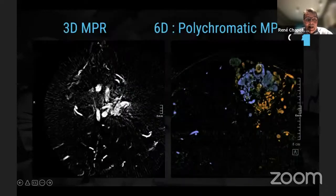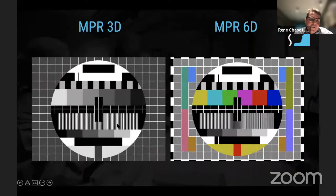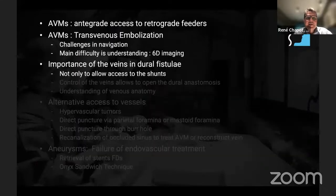Before, we used to do those kinds of pictures here to analyze the MPRs on a single acquisition, but it was just black and white. And now that we have the color, in my opinion, it's an evolution from black and white TV to color TV. We just see a lot more, and I wouldn't go back to what we were doing previously. Okay, so I've been looking at